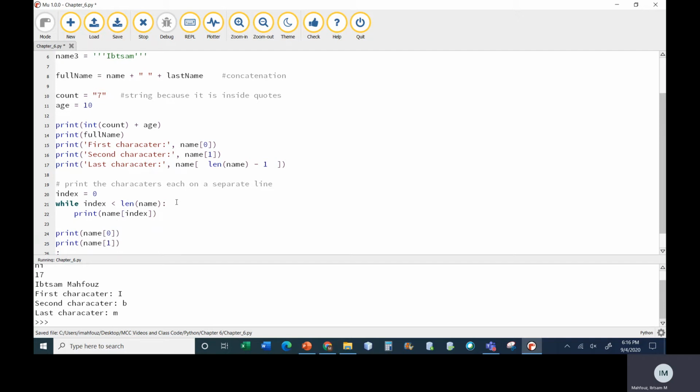How do I go to the next value? After I print name of index, what do I want to do to index, my control variable? I want to go to index plus 1. So